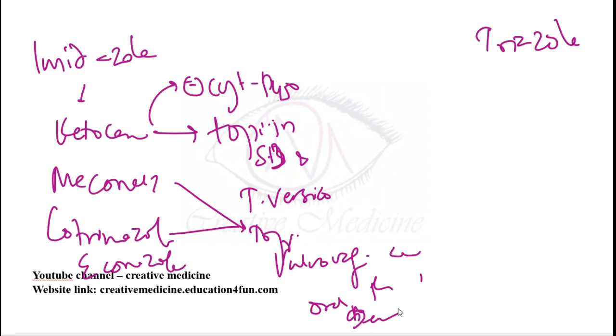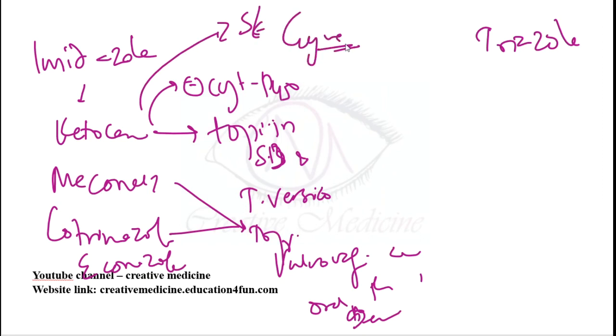Ketoconazole inhibits cytochrome P450 and it is not used systemically. It is used topically in seborrheic dermatitis and tinea versicolor. Side effects are that it inhibits steroid synthesis from the adrenals and gonads. Because it inhibits steroids from adrenals and gonads, ketoconazole also has the side effect of